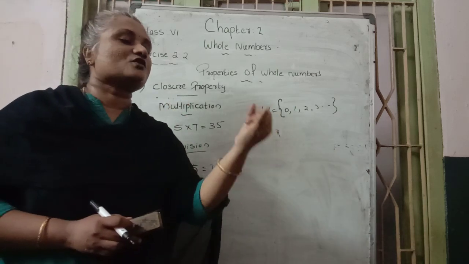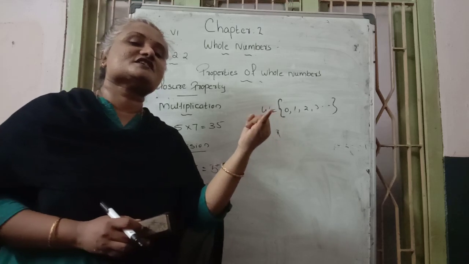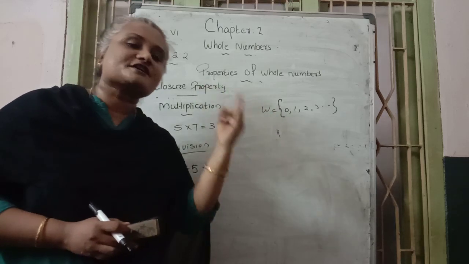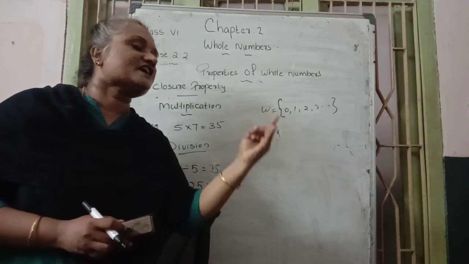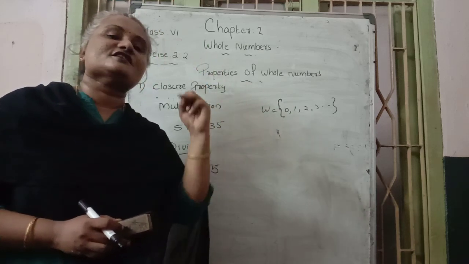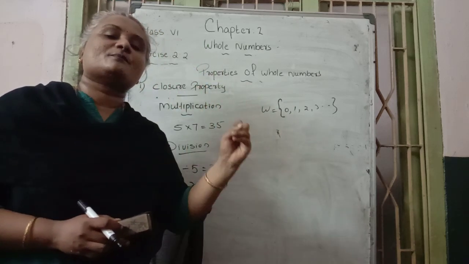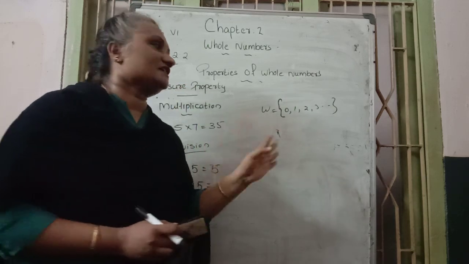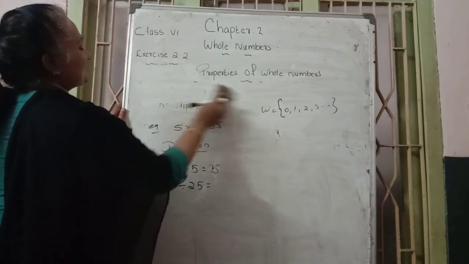So what did we learn? The closure property is satisfied in which cases only? Addition and multiplication only. In subtraction and division, the closure property is not satisfied. Then the next, second property is named